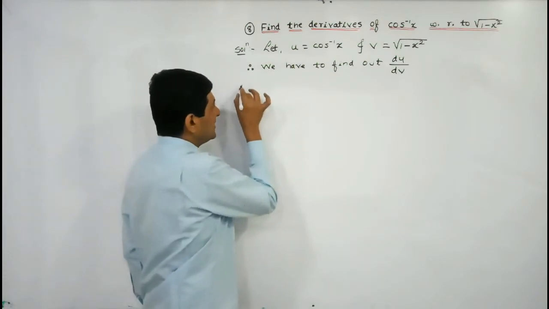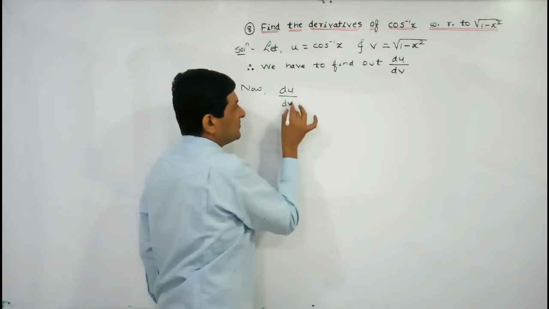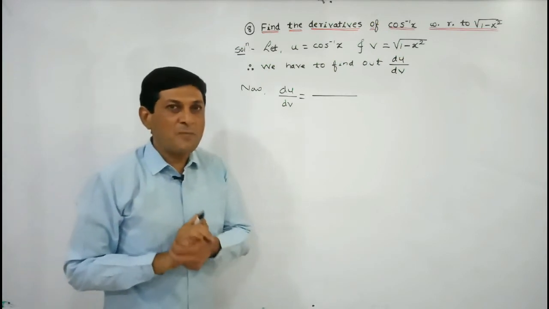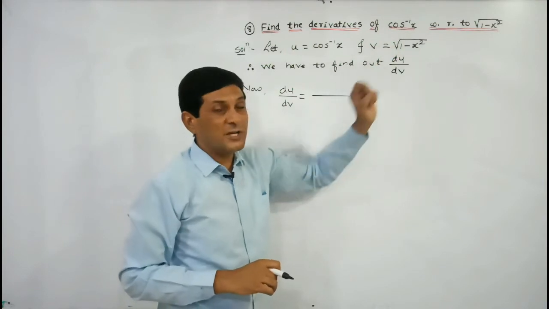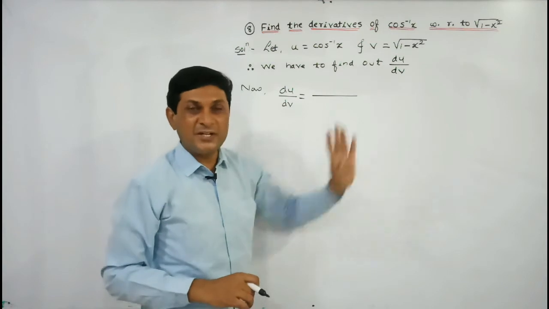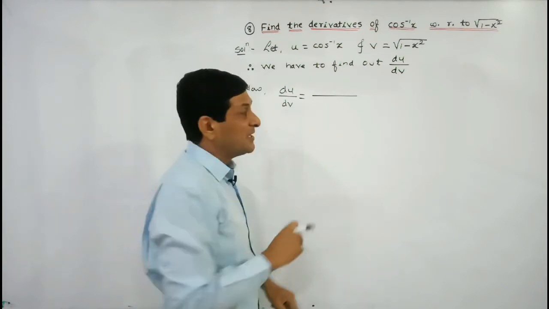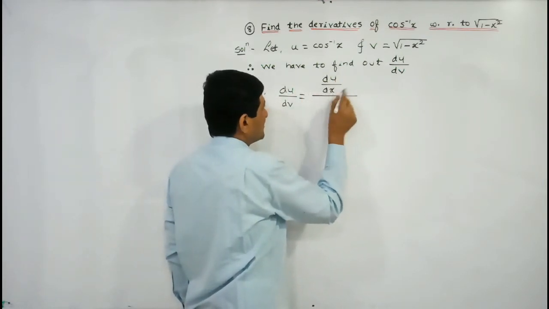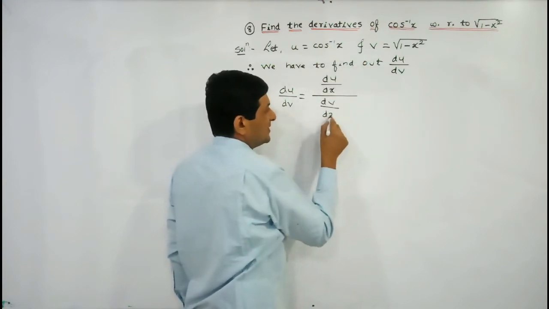So now we are finding our required value. Which is our required value? du upon dv is equal to, we have proved one formula to find out differentiation of parametric function. So here u is equal to cos inverse of x and v is equal to under root 1 minus x square. Means value of u is also in terms of x and v is also in terms of x, means we can say that x is our parameter, and our theorem says that derivative of parametric function can be found out as du by dx, because x is our parameter here, and in the denominator dv upon dx,